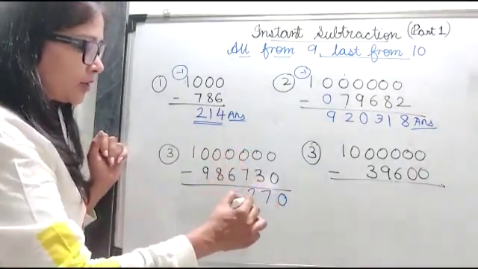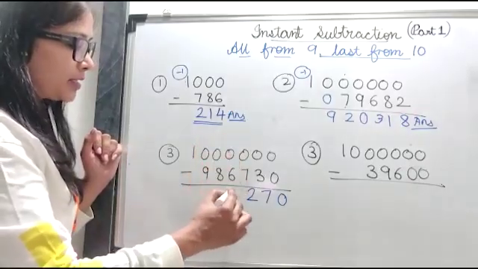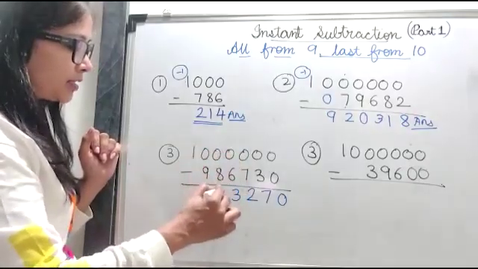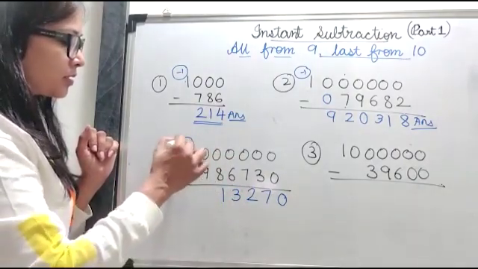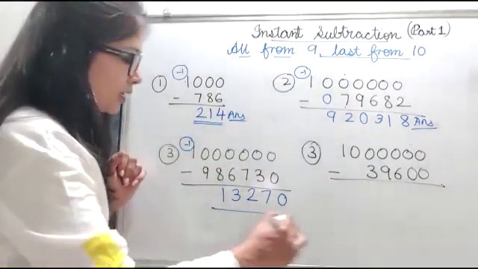9 minus 7 is 2. 9 minus 6 is 3. 9 minus 8 is 1. 9 minus 9 is 0 and this preceding number minus 0. So my answer is